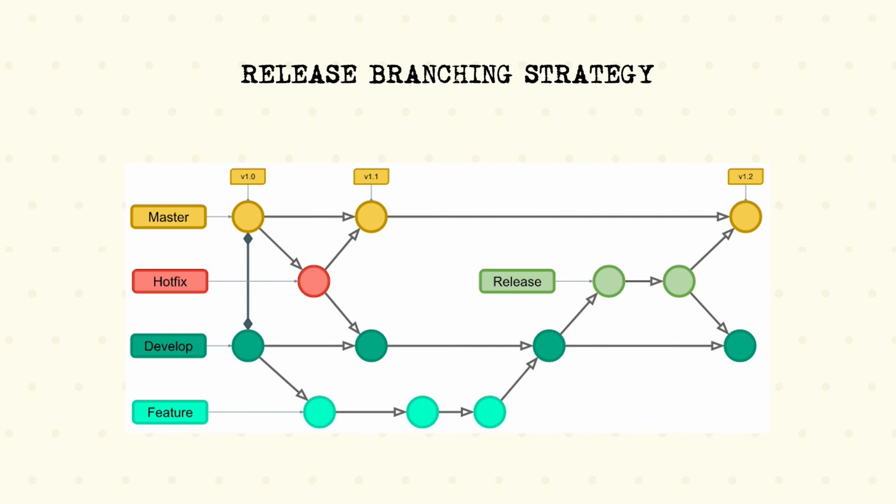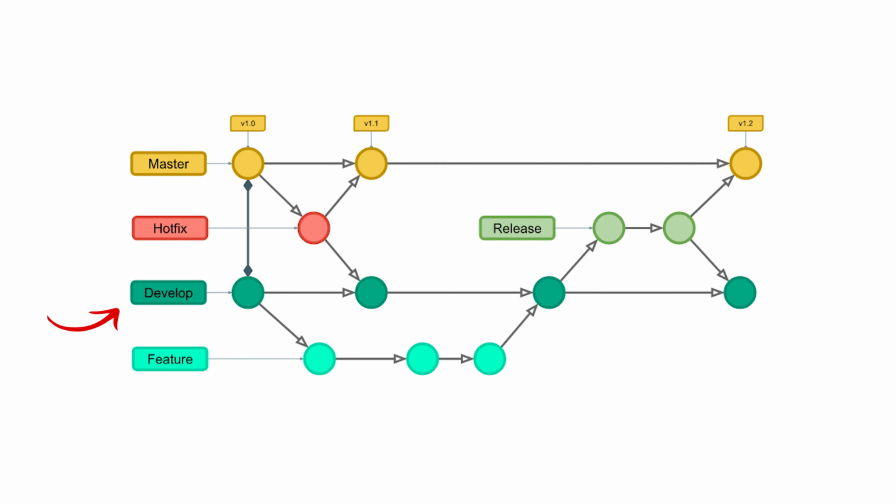And the second strategy I want to talk about is called the release branching strategy. In this strategy, we have 2 active branches, which are develop and main. And the idea is both of these are stable branches, but the main branch is what the production server sees,